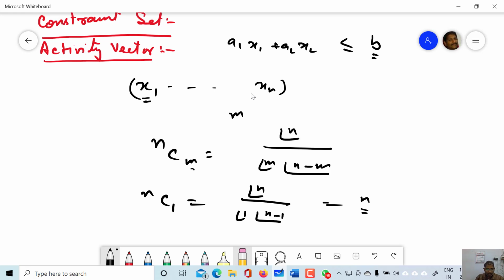Some of the properties of the linear equation. I think I should stop the lecture here because the time